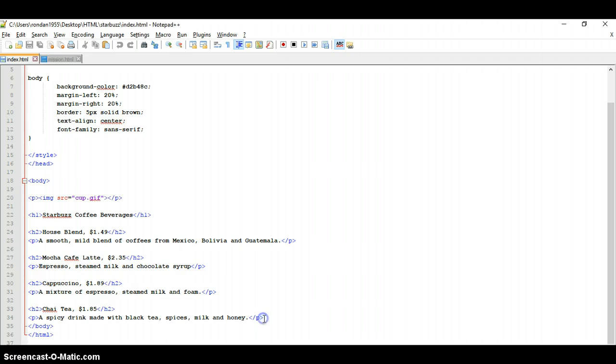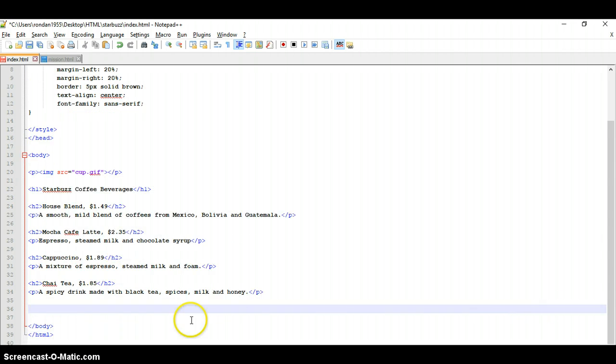So we want the link to be at the very bottom of the page. So I'm going to hit enter several times to leave some space. Not necessary, but I'm still going to do it just so it's easier for you guys to see. So I want this link to be on its own line, so I'm going to put it in a paragraph. So open P. Then I'm going to open an anchor. A stands for anchor, space href, hypertext reference, equals, I'm going to open a quote,